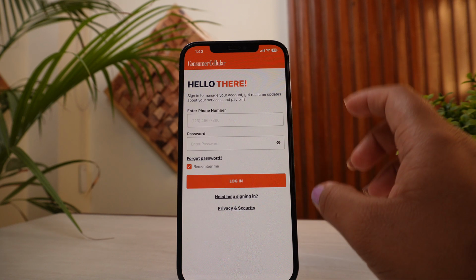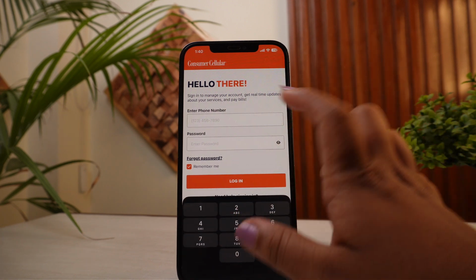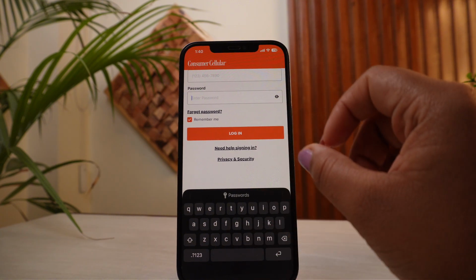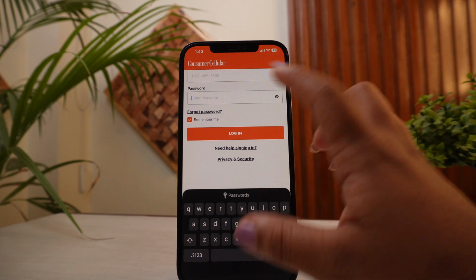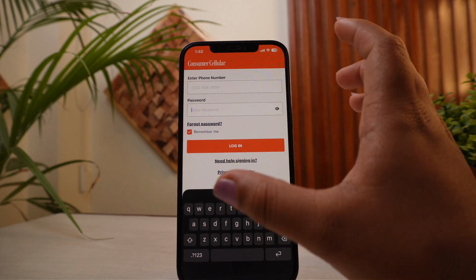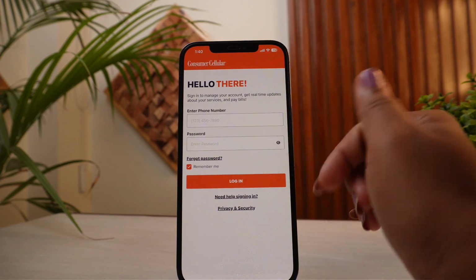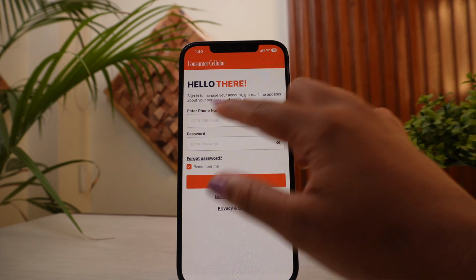So after opening the application, there's no complicated process. All you need to do is simply enter your phone number and the password of your account, then tap on login, and like that you'll be able to log into your Consumer Cellular account, right? So in here, if you want the application to remember you, you can select this option, remember me, and then log into your account,